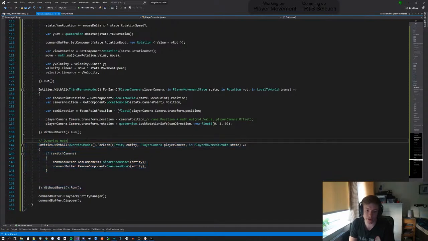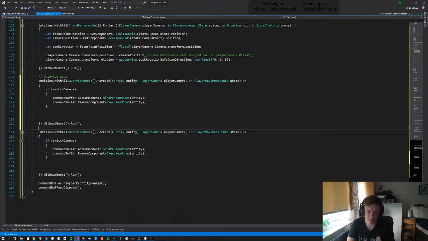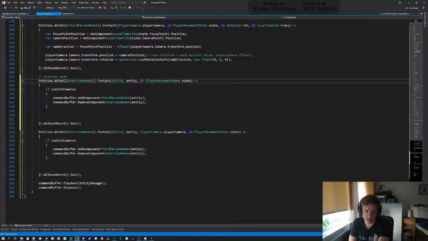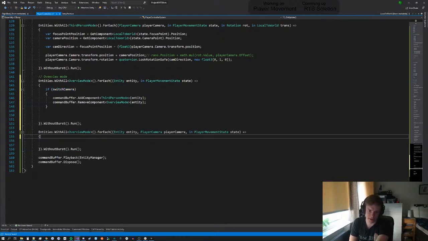So let's create another one. We just make a copy, like that. And it should be the same, only we remove that one. And we can handle the input detection right there. This should basically only be applying the final position. Yeah,